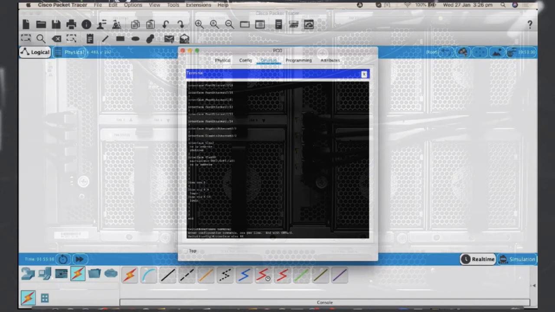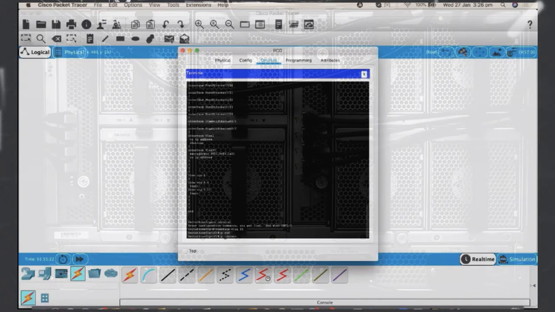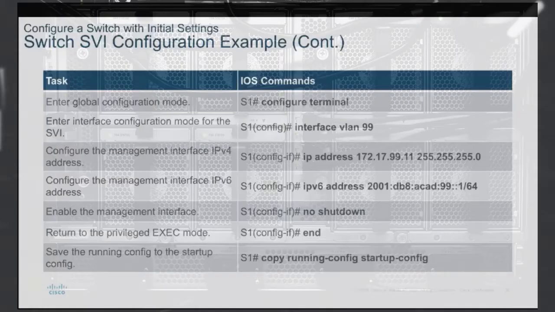So we go to configuration again, go to interface VLAN 99 mode. Now, what did we need to do? We needed to provide the IP address as well as the default gateway, right? So let's assign the IP address. The command for assigning an IPv4 address is ip address, and then the address that was mentioned in the file